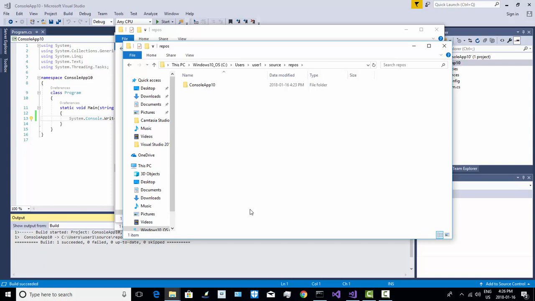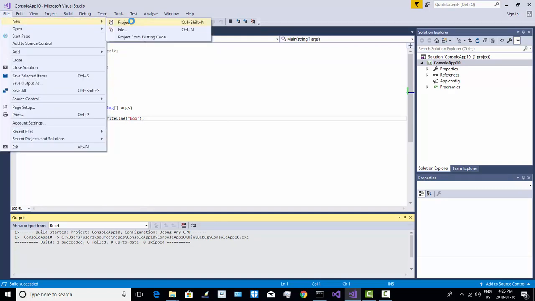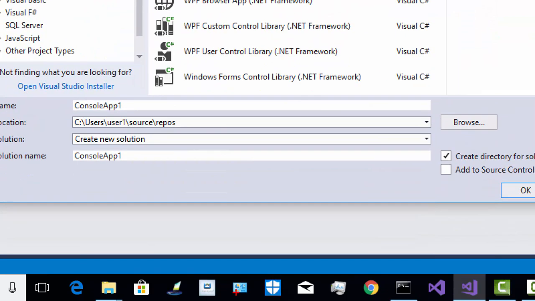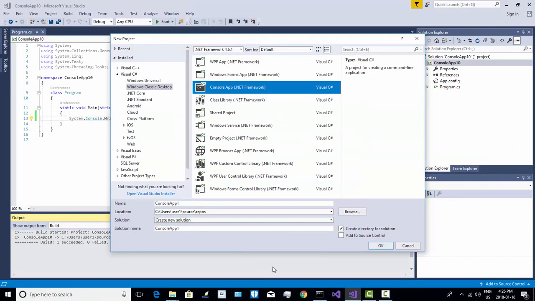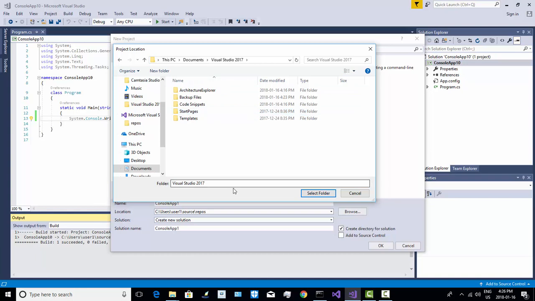If you want to use a different location, I'm going to go back to File, New Project. Whenever you create a project, you can specify the location. By default, it's set to my user 1 source repos. If I wanted to, I could browse and store it somewhere else. So if I wanted to store it in my Documents folder under Visual Studio,